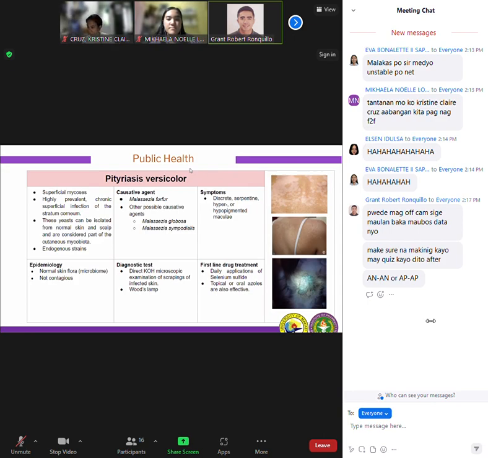And somehow it's not contagious. Okay? In terms of morphology, Malassezia furfur is often noted as spaghetti and meatballs. Yan. And then isa siyang dimorph